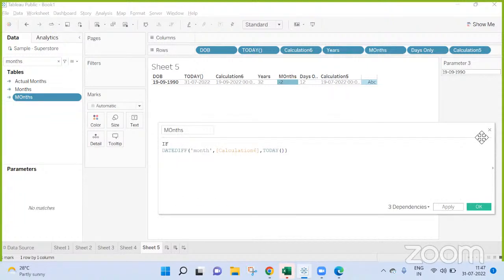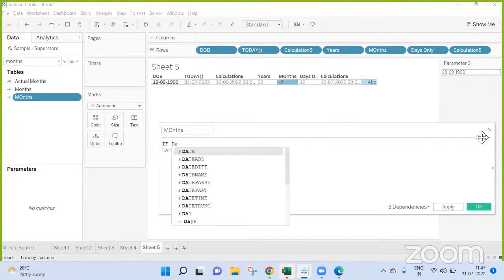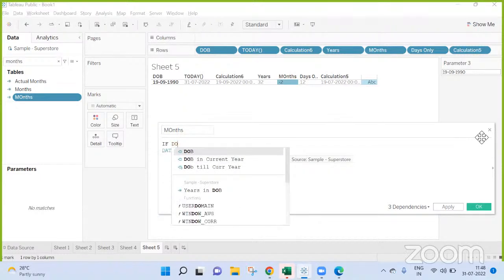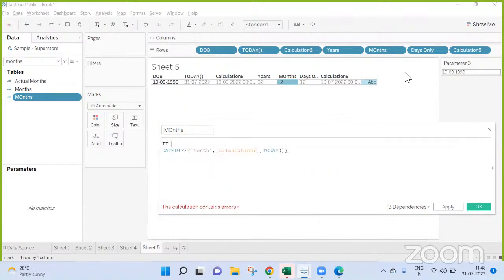Now here, if DOB in current year, I take that. Yeah, I should take that, right? DOB in current year.